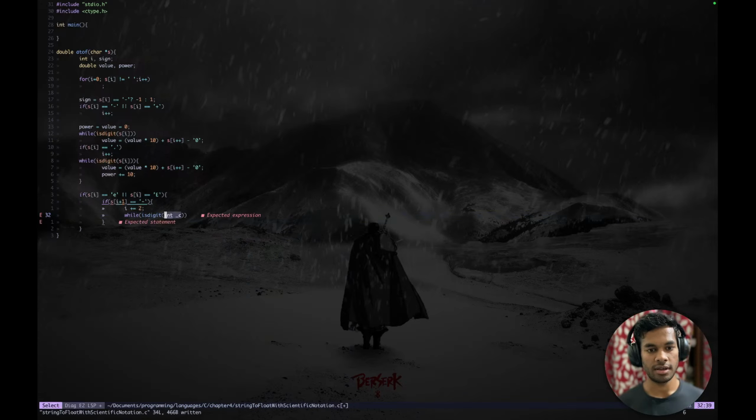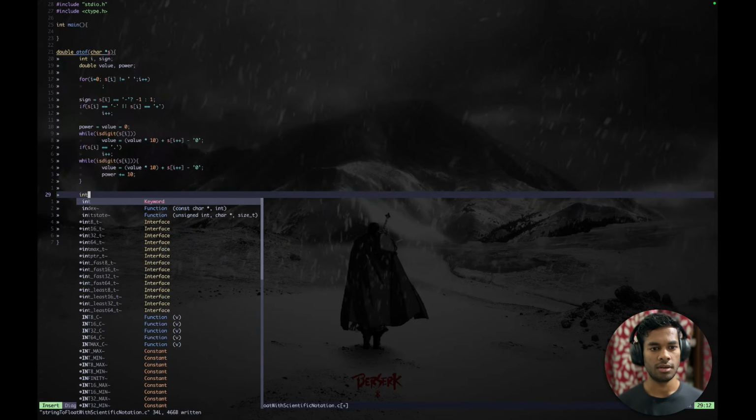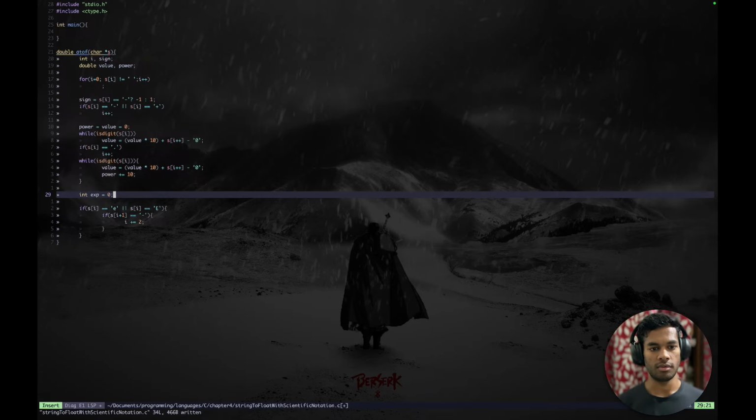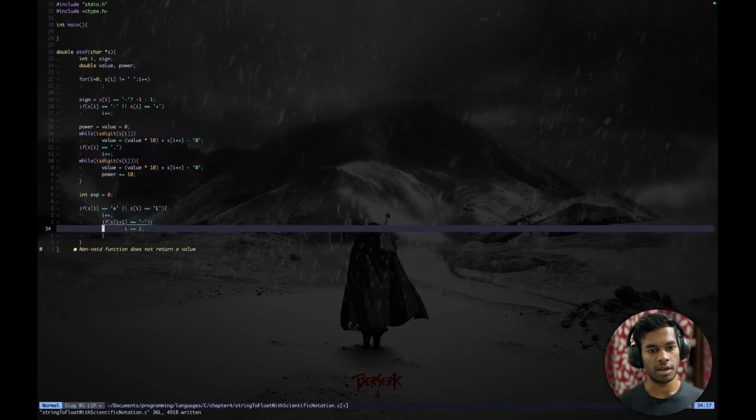is digit, I want to get... So at this point I want to get the exponent. Let's say I will store the exponent in exp equals 0. Okay, and if this is the case, then I do this, and I can do s[i] plus plus here, and the last thing is minus, then I do i plus plus here,